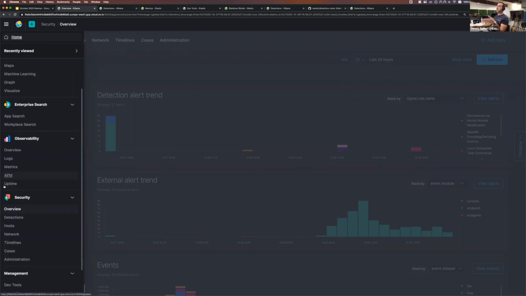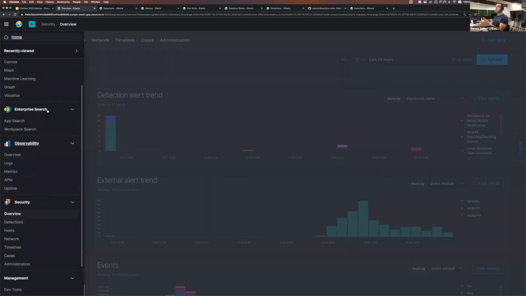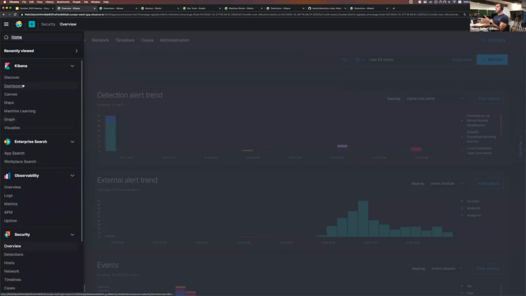And for the bulk of the session, we will be in the security portion. But you can see observability, like we spoke about, enterprise search, and then, of course, all the other things Kibana has to offer. So even though we have out-of-the-box solutions, you can build whatever you like. If you wanted custom dashboards, canvas workpads, maps, your own machine learning jobs, you don't have to stick to what just we provide. That's the beauty of it. You can basically build whatever you need or whatever your teams need.